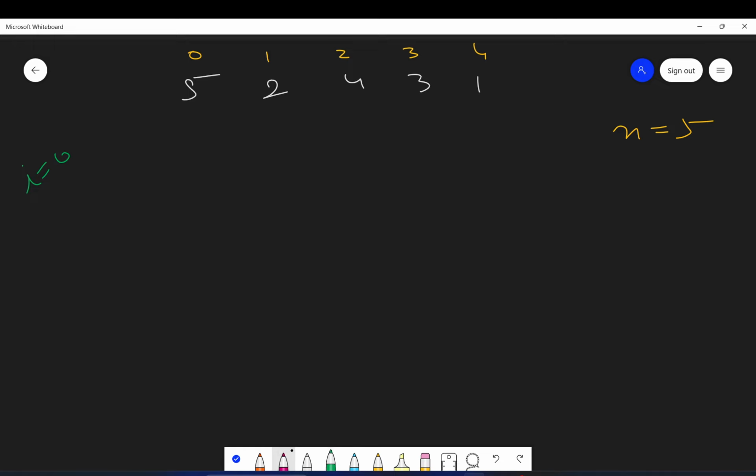This is our sorted pile and this is our unsorted pile. We will not start iteration from i equal to 0. We will start iteration from i equal to 1. Why? Because this is the sorted pile. We already assume that obviously one element is always sorted. So we will take it as sorted, and the rest of the pile, from i equal to 1 to i equal to n, the elements will be unsorted. This is how we will be dividing our array.